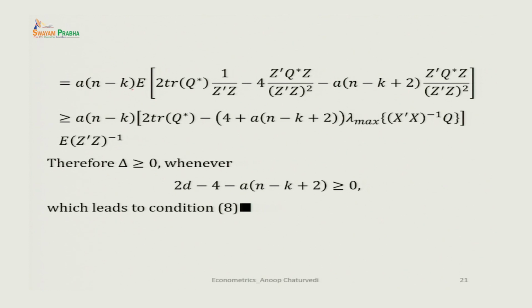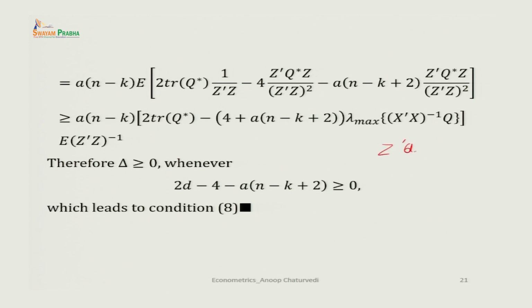We can take A n minus k outside, and inside the expectation we have twice trace of q star 1 upon z transpose z minus 4 z transpose q star z upon z transpose z square, minus A n minus k plus 2 z transpose q star z upon z transpose z square. And then this is greater than or equal to A into n minus k, we have this term. So, here actually we have used the